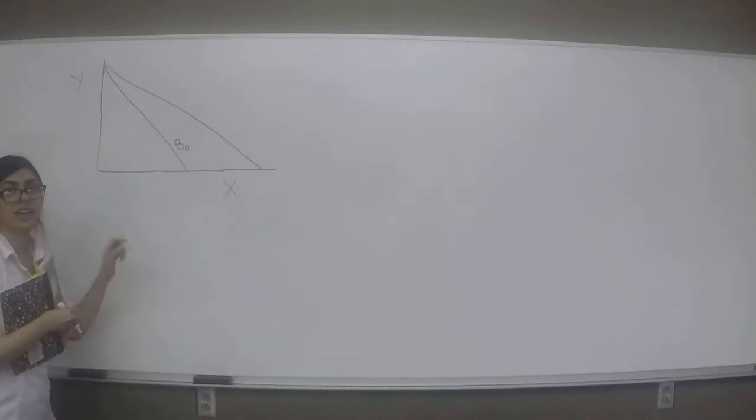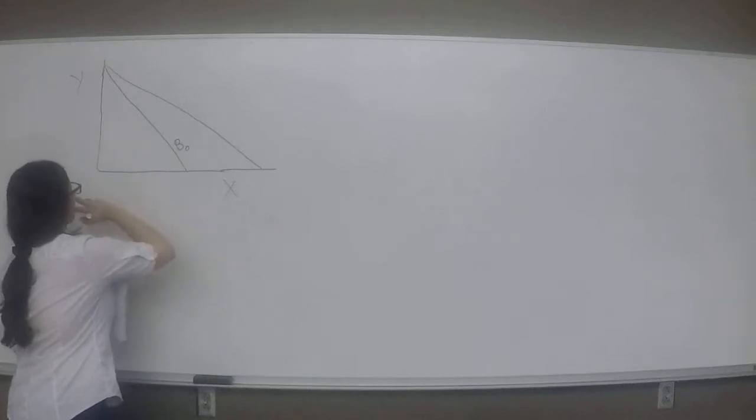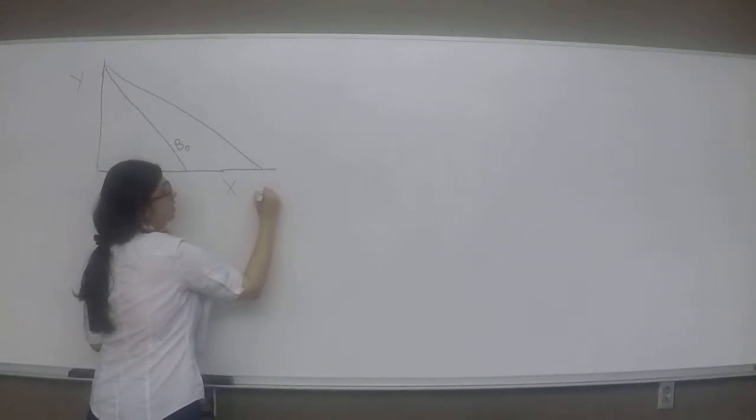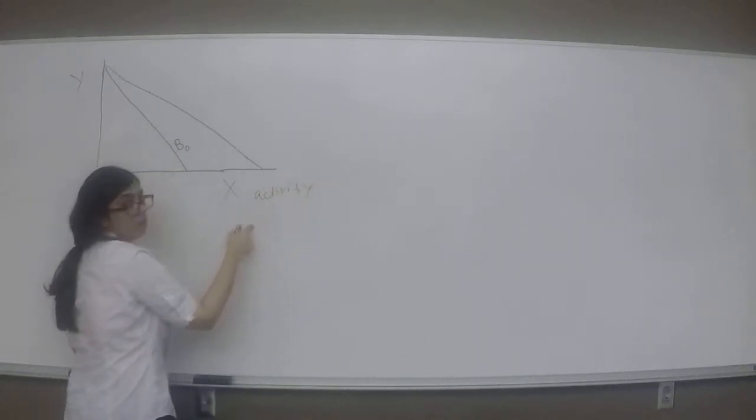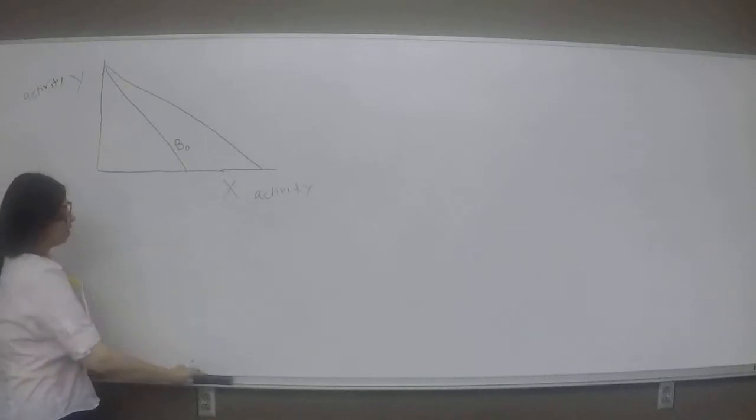So there is X activity and there's a Y activity. X is an activity you can spend your money on. Y is an activity you can spend your money on, right? This is your